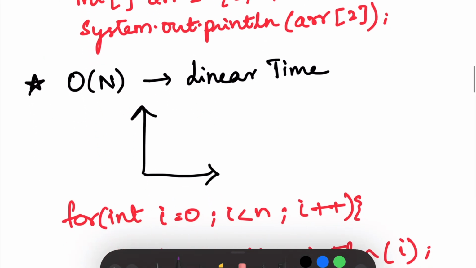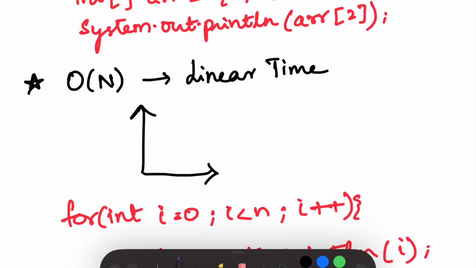And the second one we have is Big O of n, nothing but linear time. Here the time increases directly with the input size. So for example, if you have an input size of 10, your complexity would be Big O of 10. So if n doubles, the time doubles. And in terms of graphical representation, we can say it looks like this, as it's directly proportional to the input